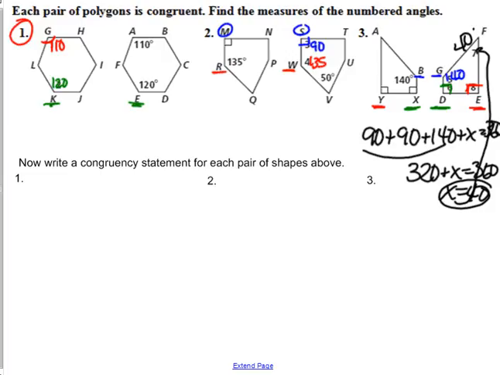Now we have to write a congruency statement for each one of those shapes. So remember I told you, we looked at this already. This particular shape up here has G, H, I, J, K, L. Okay, so that's the first shape. G, H, I, J, K, L is congruent. Okay, we have to start in the same spot. Well, I started with G, so I'm going to start with A over here, and I'm going to say A, B, C, D, E,